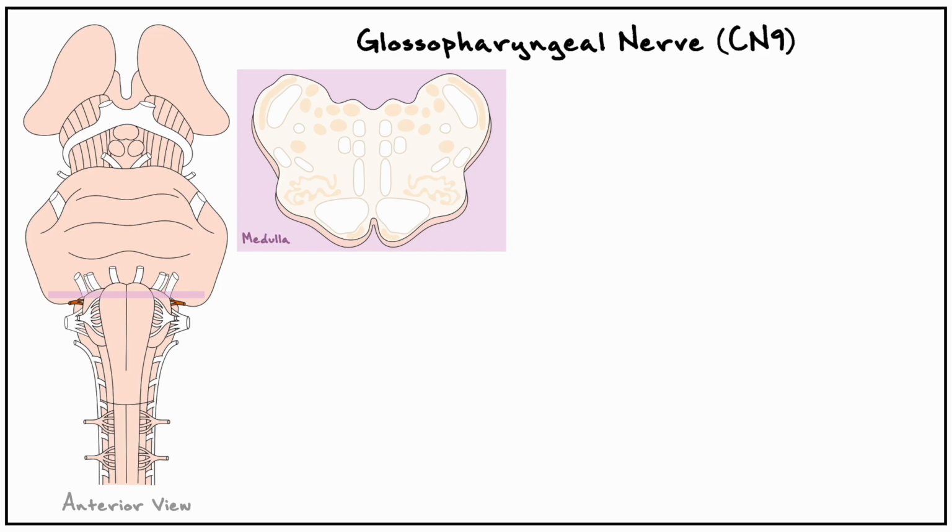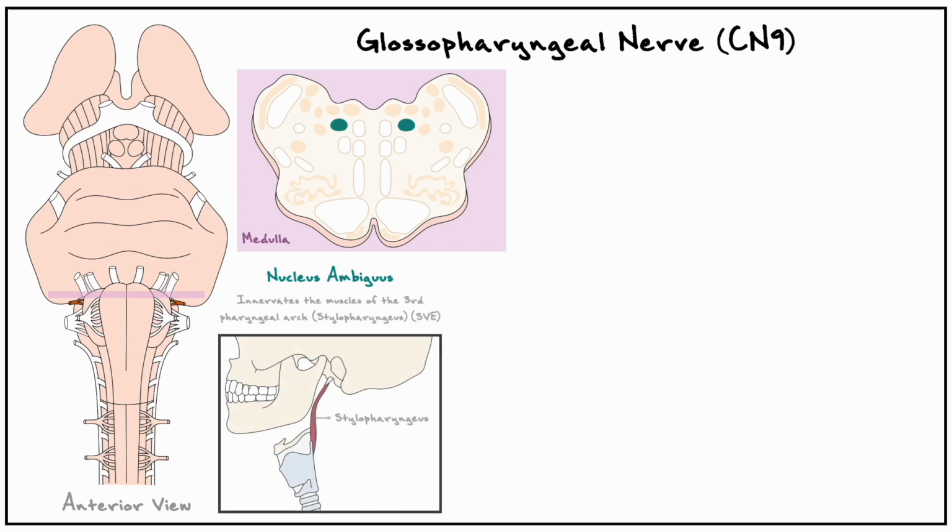The first important nucleus that provides fibers to the glossopharyngeal nerve is the nucleus ambiguus. This nucleus provides the origin for the motor neurons that will innervate the stylopharyngeus, which is the only muscle part of the muscles derived from the third pharyngeal arch. When the stylopharyngeus contracts, it elevates the pharynx and the larynx, which in return facilitates the process of